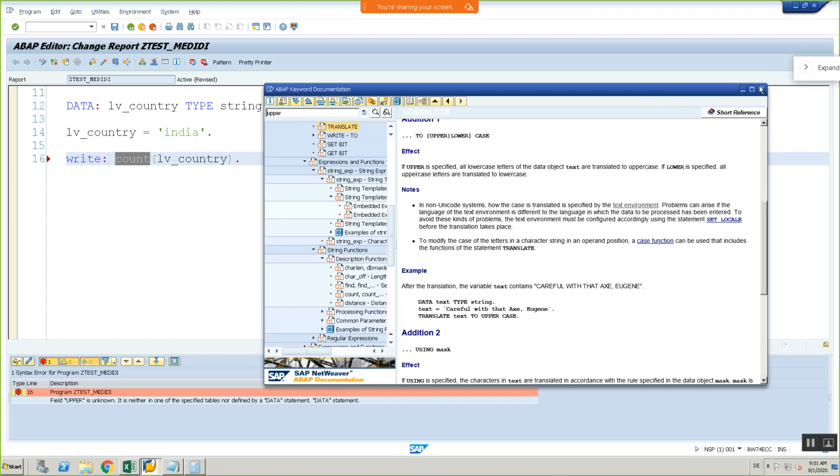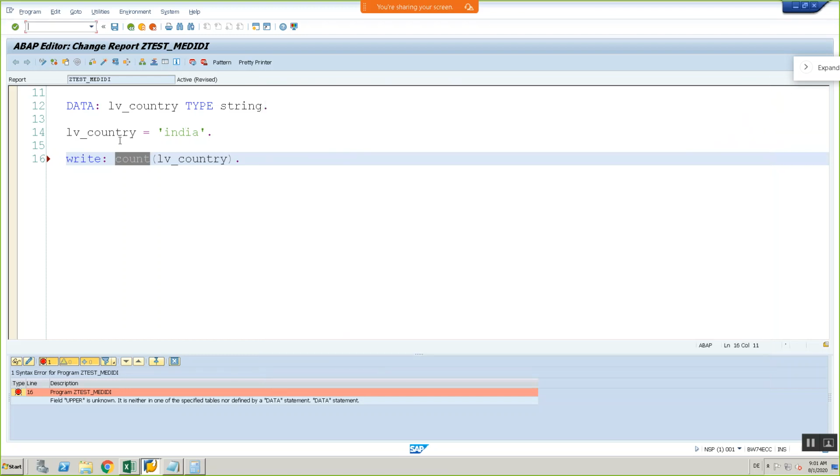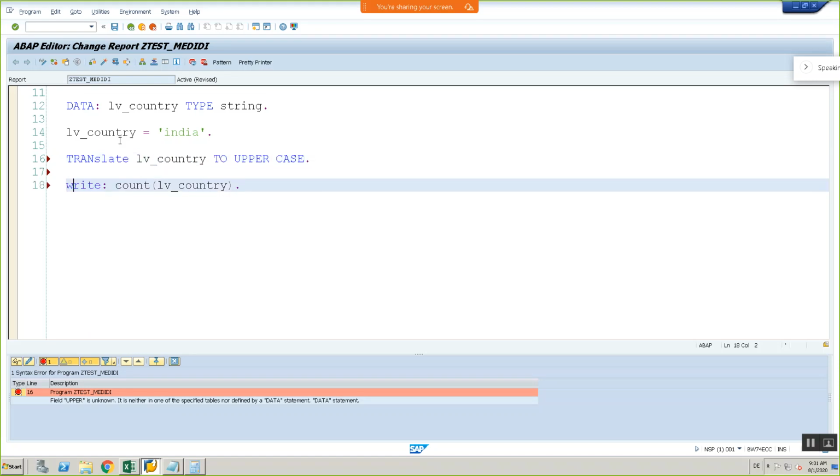Uppercase. So here what I can do, I can write translate lv underscore country to uppercase. Then there is no need of writing functions here.